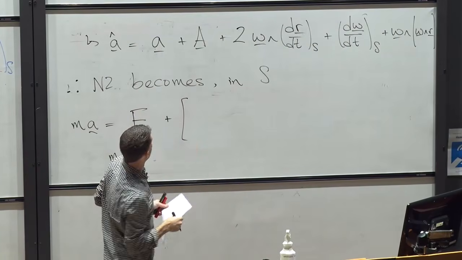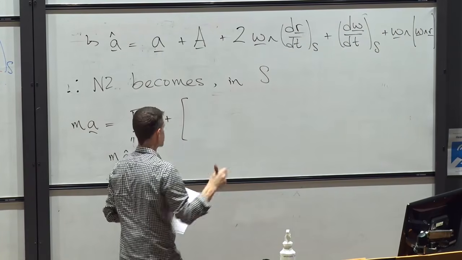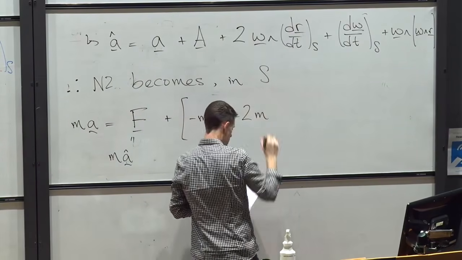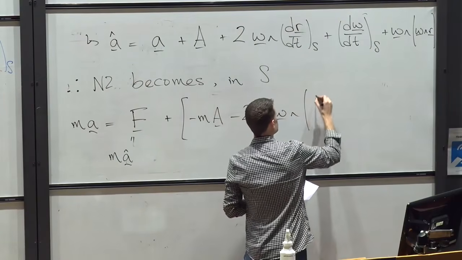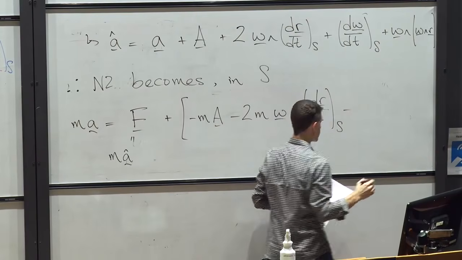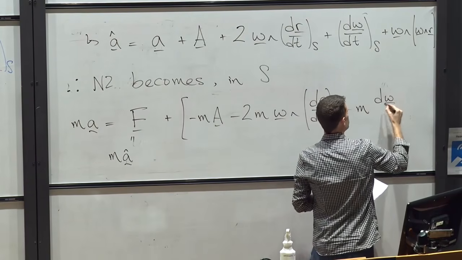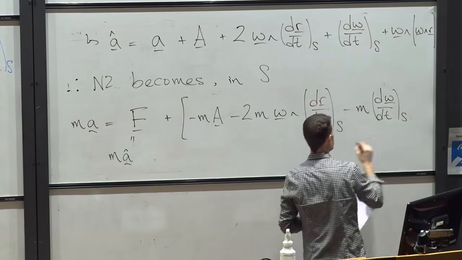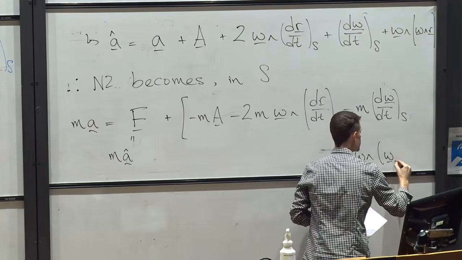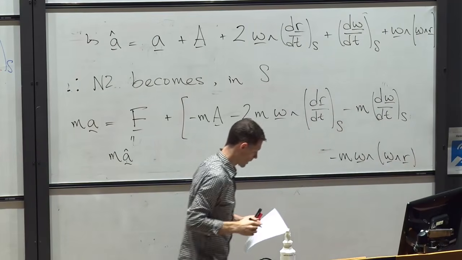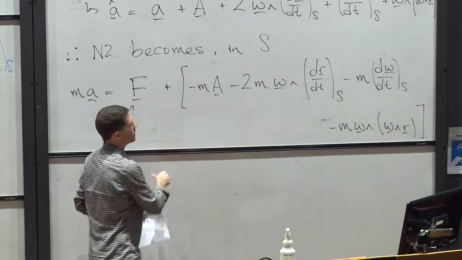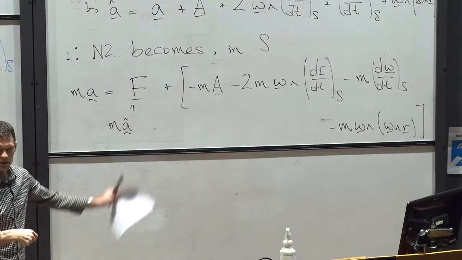So I need to bring all those terms to the other side. So that's minus m times capital A, minus 2m omega cross dr/dt in the S, minus m d omega/dt in the S, minus m omega cross (omega cross r). Okay. So there's a lot sitting there,